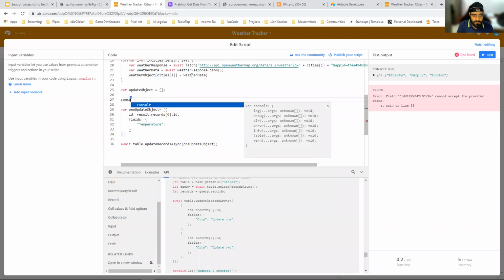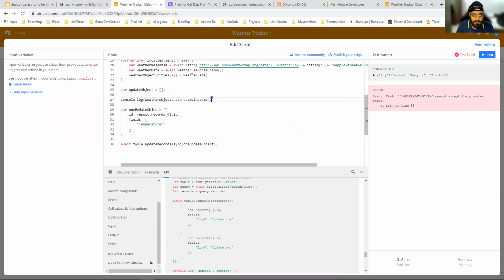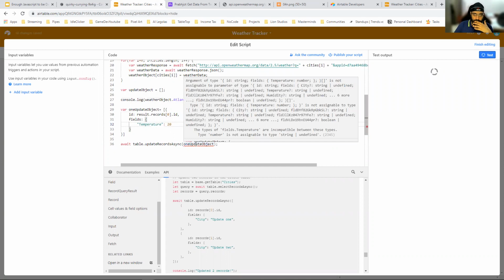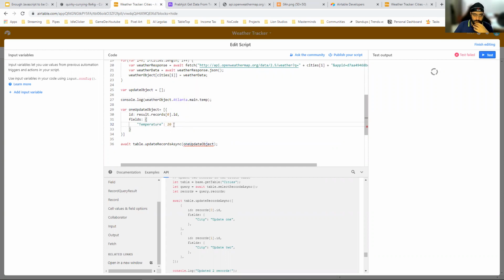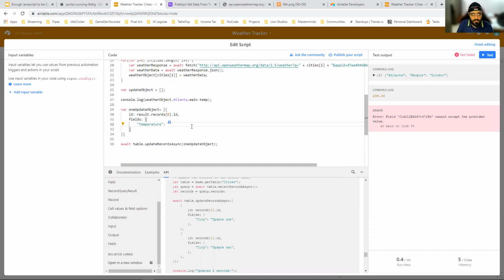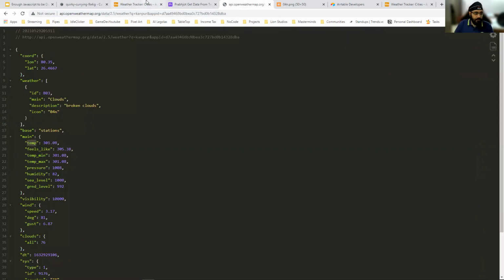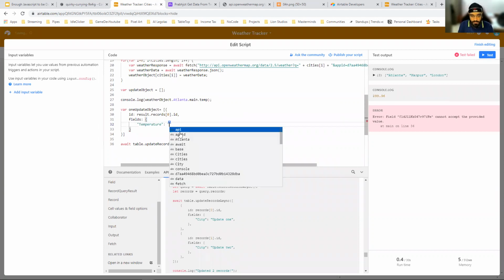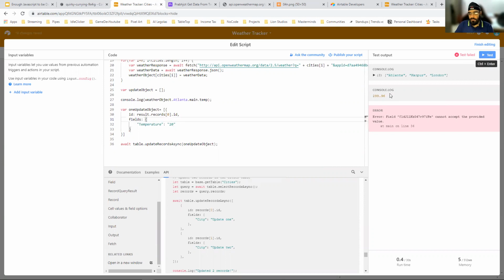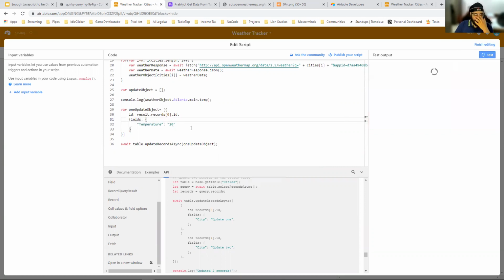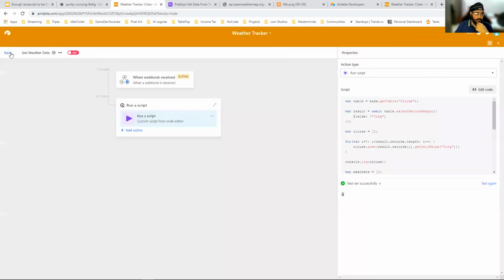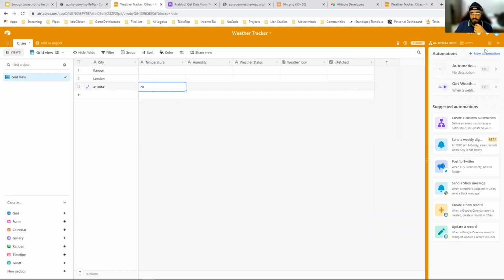Let's try to log it. Oh, it's text. Oh, got it. Okay, cool. What's happening is that my output of temperature is actually a number, but it's expecting a text. So this is a number, but it's expecting a string. That's where the bug is. Now it didn't give an error, and if I go back to my table, you should see 20 here. Cool.